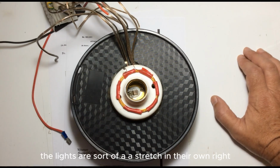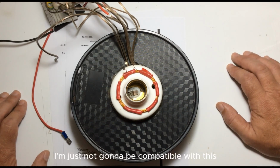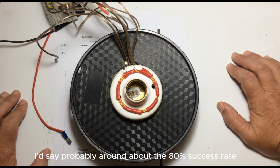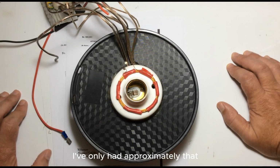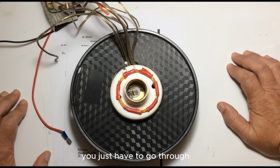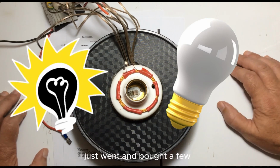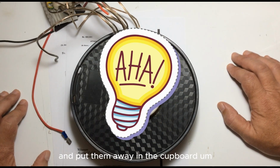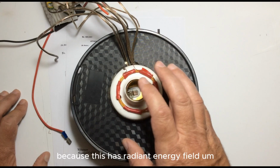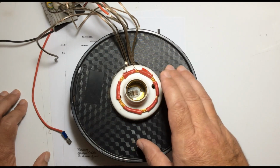The lights are sort of a stretch in their own right. They have modern day electronics inside, and some lights are just not going to be compatible with this. But I'd say probably around about the 80% success rate. I've only had approximately that 20% of lights just don't work from the get-go. So you just have to go through a couple of different light bulbs. When I found one that did work, I just went and bought a few and put them away in the cupboard. I don't recommend connecting those devices other than the lights, because this has that radiant energy field,